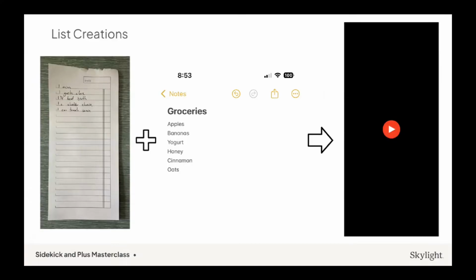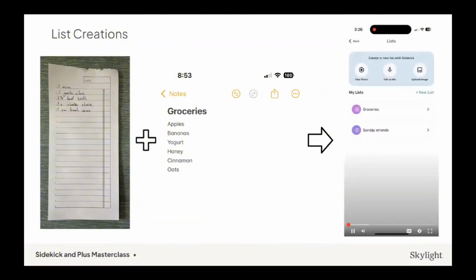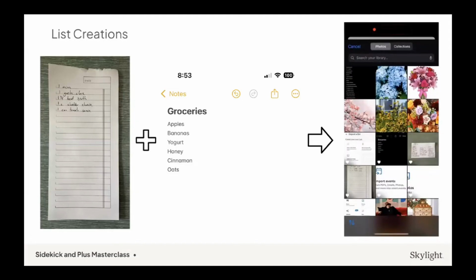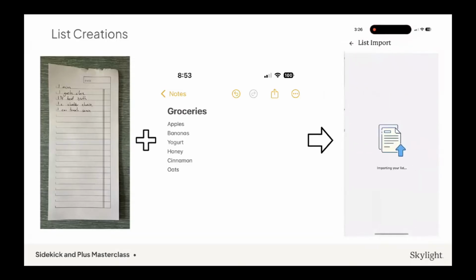So what I can do is I can take a screenshot of that app with those lists, and then also take a photo of the one in my kitchen. When I do that, I can add both of these to my Skylight device. We can see here, I'm going to upload via image, and then I'm going to select that app one first. So this is a screenshot from my phone. When I do that, it's going to look at that list and then import that list to my Skylight grocery